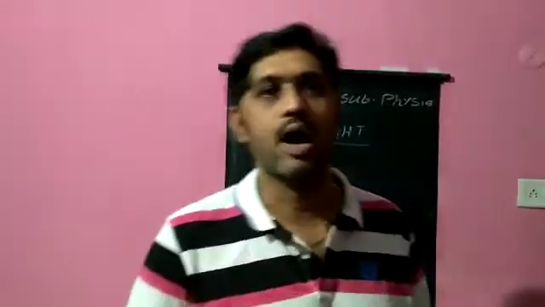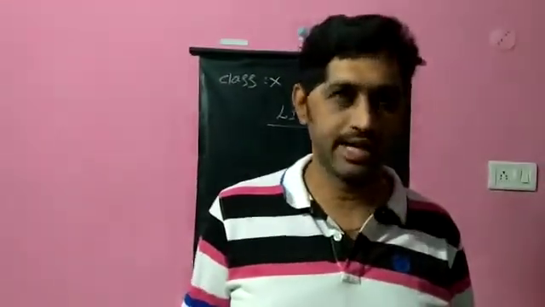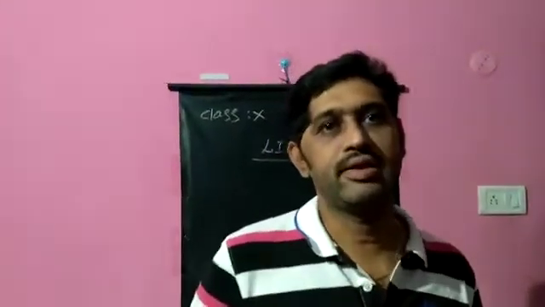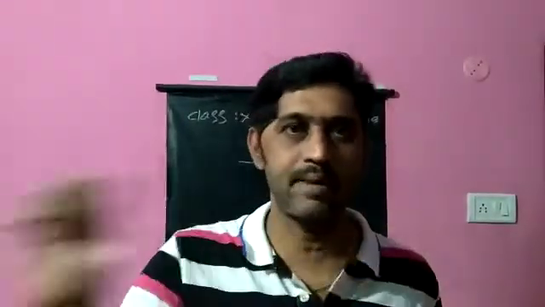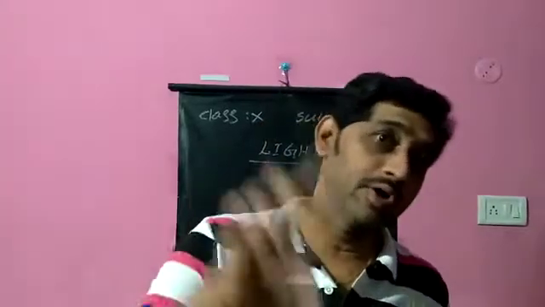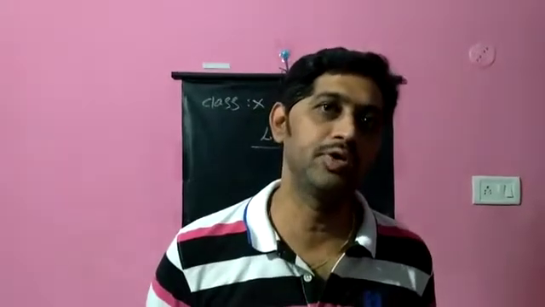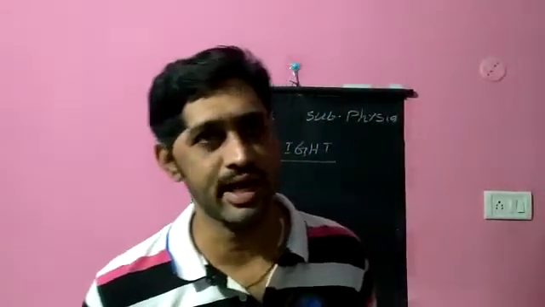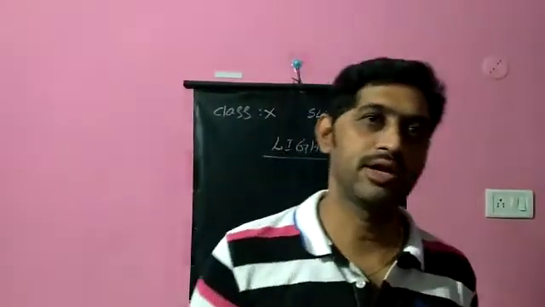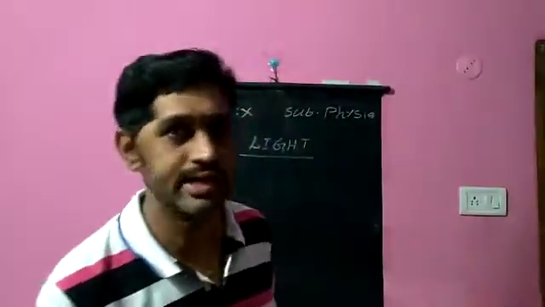Incident light and opposite to the direction of incident light. So the length you are measuring may be the same, but are you measuring it in the direction of incident light or against the direction of incident light? Based on that, the magnitude may not change, but the direction differs, so the sign also changes. In order to understand that, we should have sign conventions.